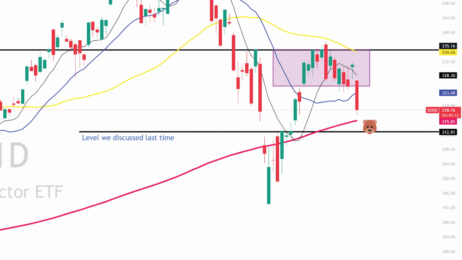We actually didn't even think it would get through that level, but they did push it up a few percent. Then we added to our short back here in this boxed area. So there's a purplish highlighted box. You'll see that the price traded within that box, except for one time it broke out to the top, but quickly came back in the box. Now we have clearly broken that box trend and fell below.